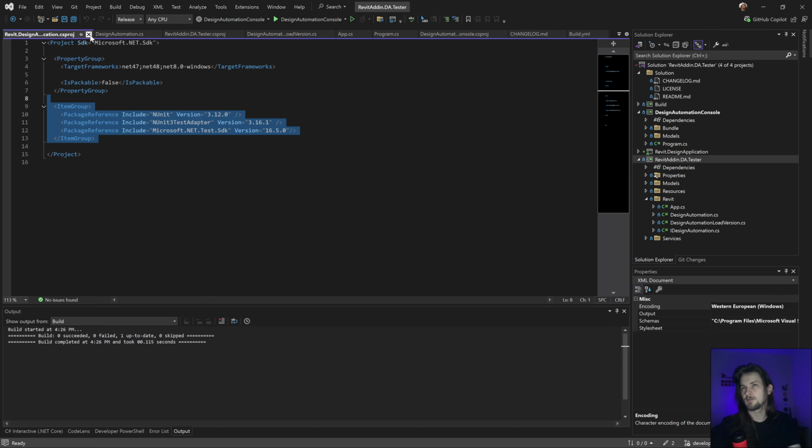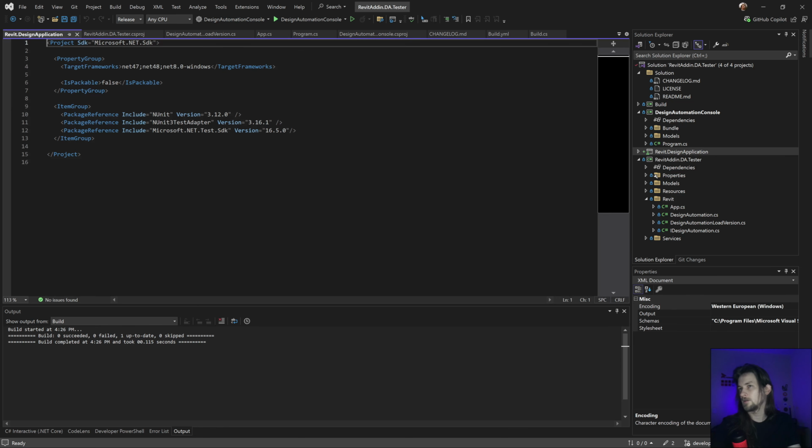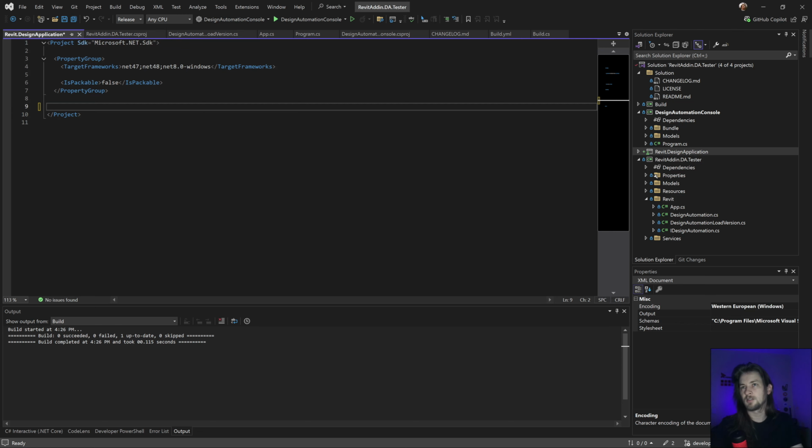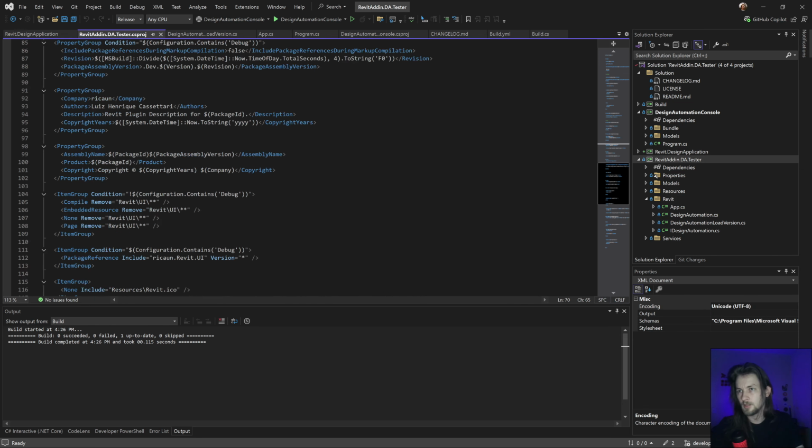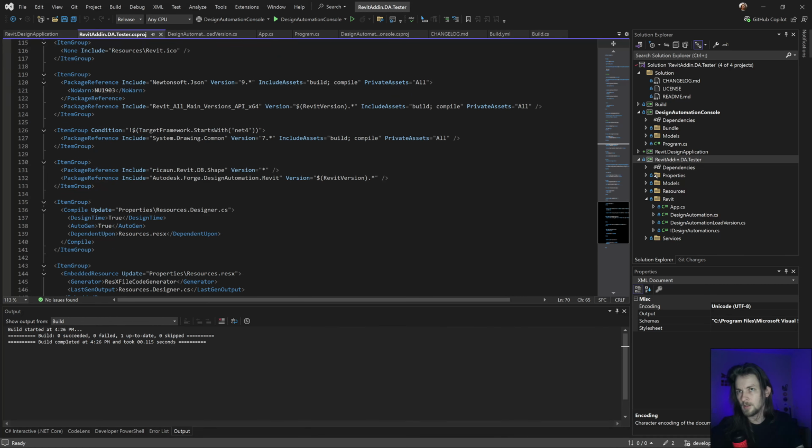I open this again, yep, looks fine. Let's delete this. What I need to do in here, I'm going to add the language just to make sure to use the latest version of C Sharp. And what I need in here as well is some reference.